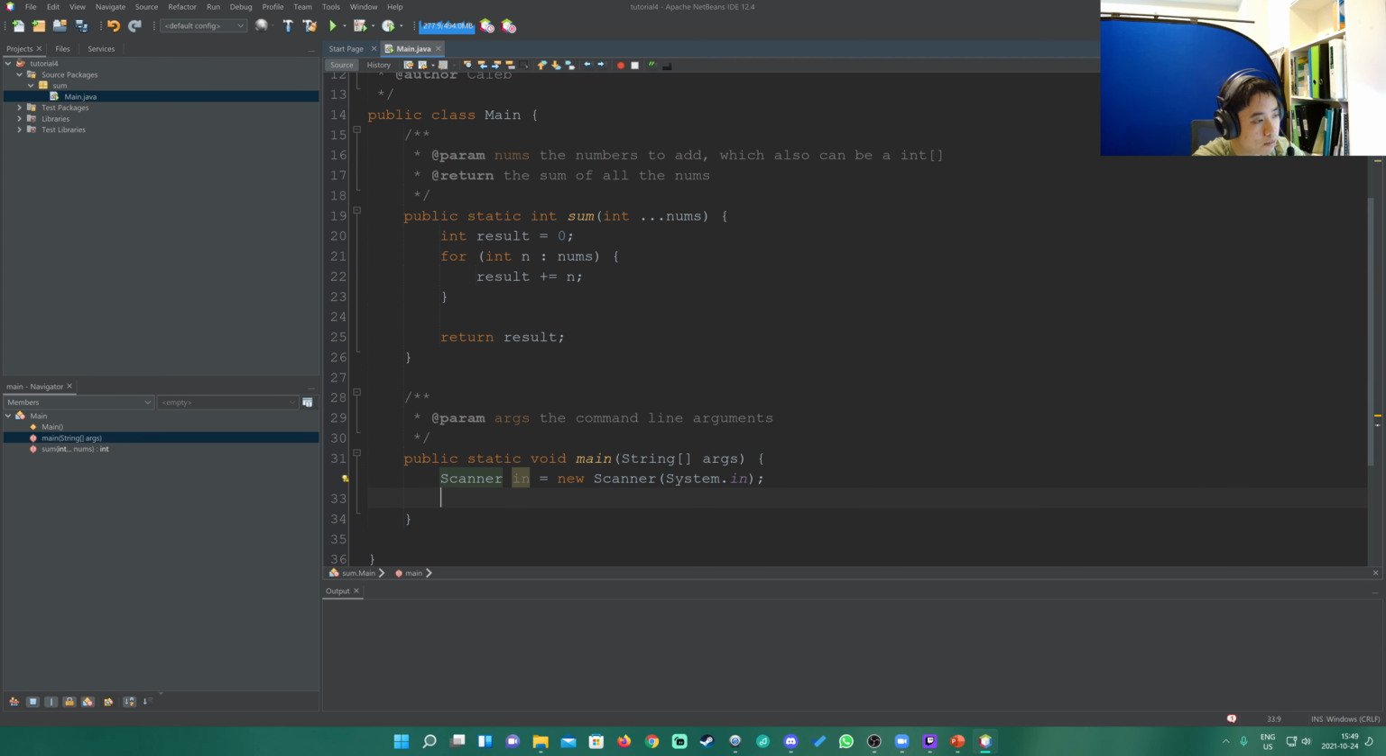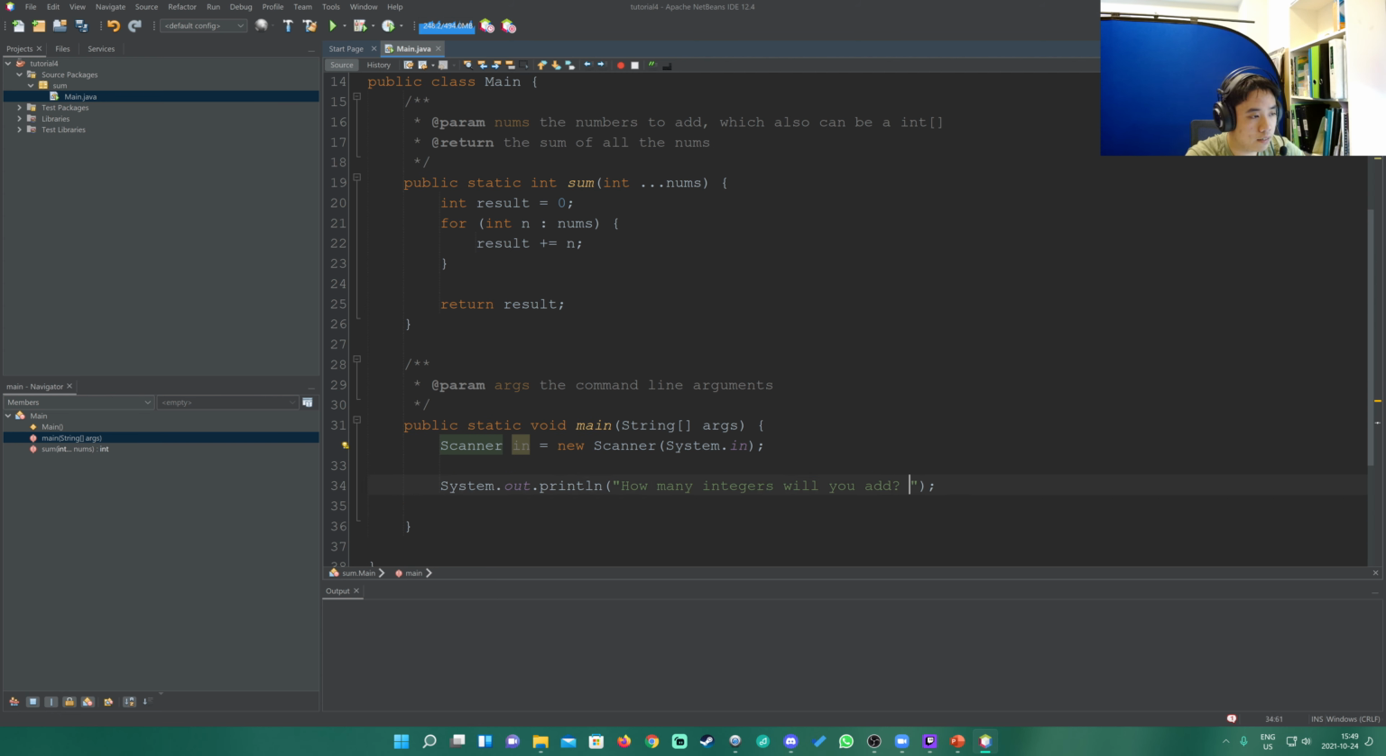So now, what I'm gonna do is print out a message saying how many integers will you add. So I'm gonna write this message so that you can see it. I don't think I'm gonna print a new line afterwards, so I'm just gonna say print. And then I'm going to take an integer of